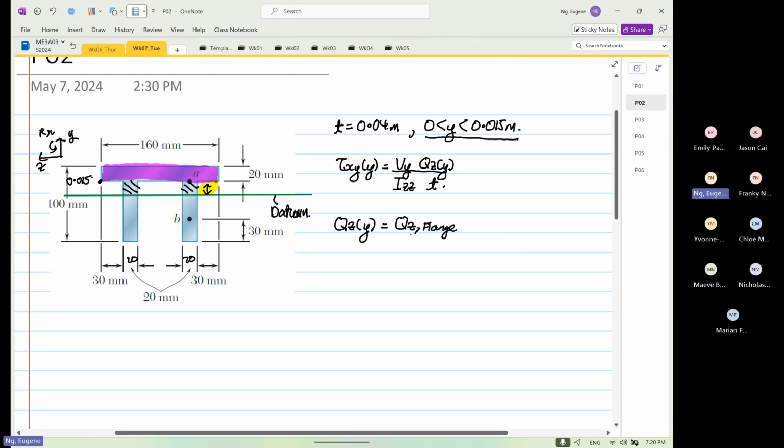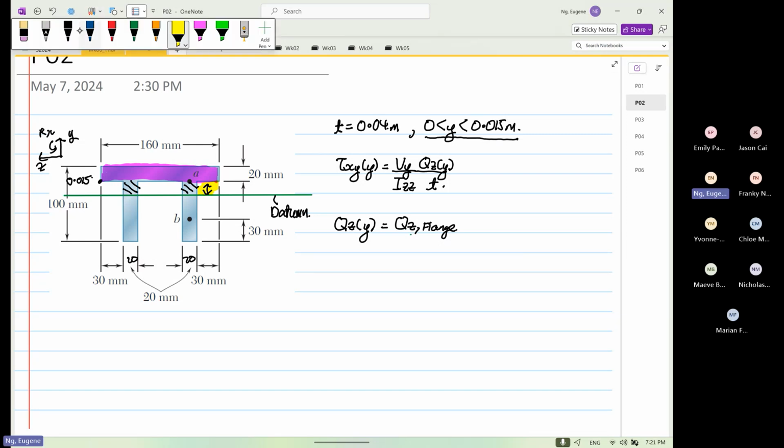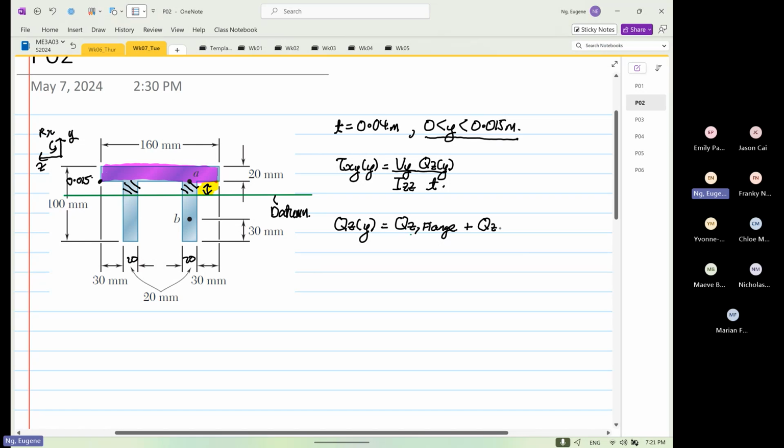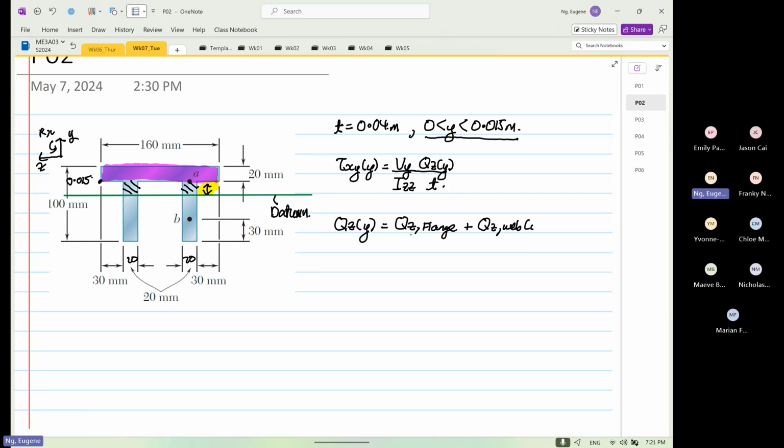So within that range, you still have to calculate the first moment of area of the flange, and now it's constant. It's no more a variable. And then next, we do a plus Qz, then it is for the web, and it's going to be a function of y now. Okay,